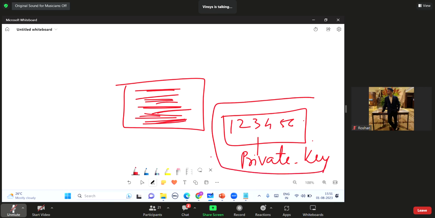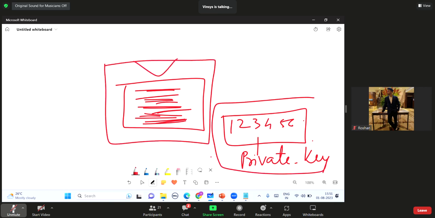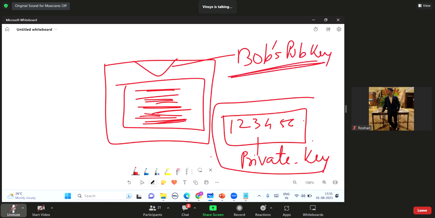And secondly, she will encrypt this original file using Bob's public key. She only knows Bob's public key. She will definitely not know Bob's private key. But if something is encrypted with Bob's public key, it will open only with Bob's private key. She knows it, right? She wants only Bob to open this file.